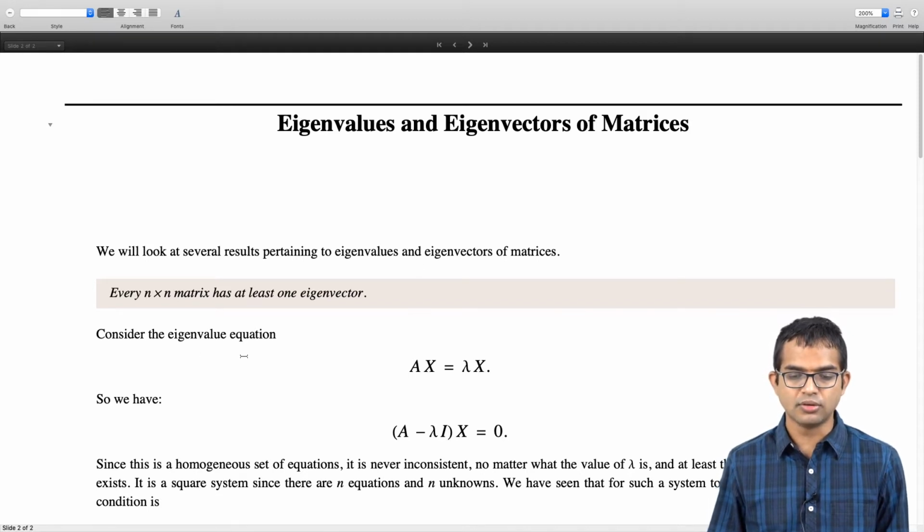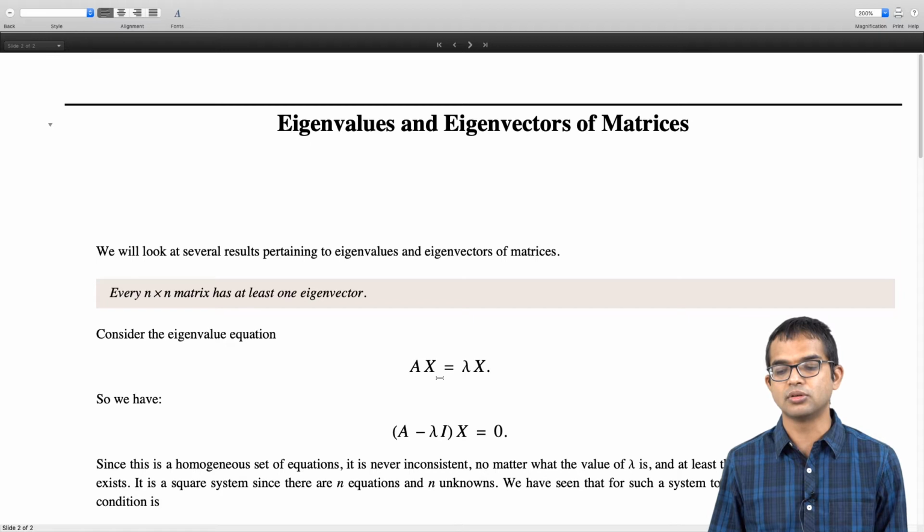So how do we find eigenvalues and eigenvectors? We start with the eigenvalue equation, right? So you have A times x is equal to lambda x. So we need to find vectors x, and we need to also find the scalar lambda, which is in general a complex number. So we need to find a way to compute lambdas, and the x corresponding to those lambdas. So what we are really interested in is finding a solution to this equation, A minus lambda I acting on x equal to 0, right?